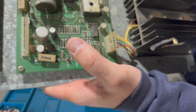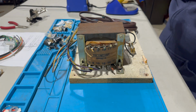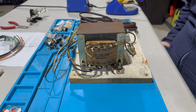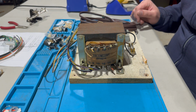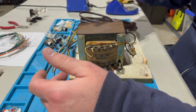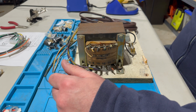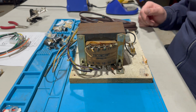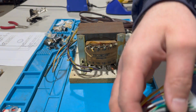But I thought I had ordered one of those rebuild kits, but I guess I was wrong, so I'm going to have to do that. And today is Saturday night, so that won't get shipped until Monday. So we'll see if we get that in time in order to include it in the video. We'll do it eventually, but certainly I'm not going to be doing it tonight. But we'll install Charles's new wiring onto the transformer, and yeah, maybe we'll see if we can install. We've got to replace the marquee light. Anyway, I'm rambling. So what I want to do here, I'll do maybe a couple of these on camera and